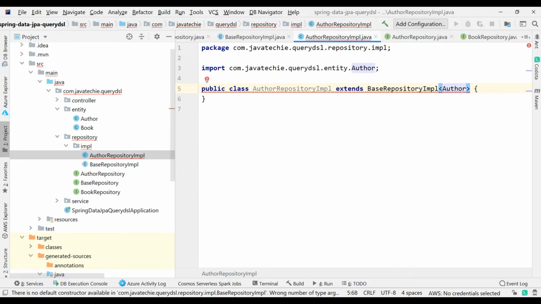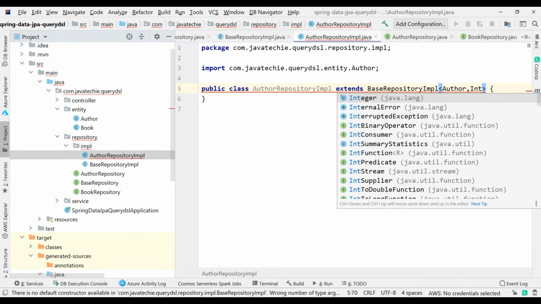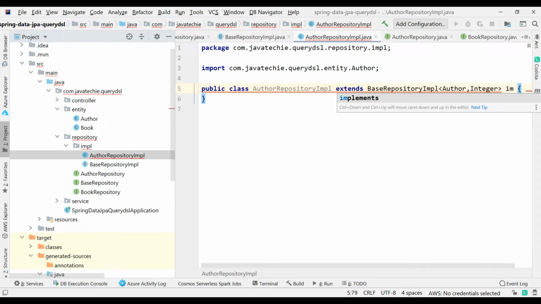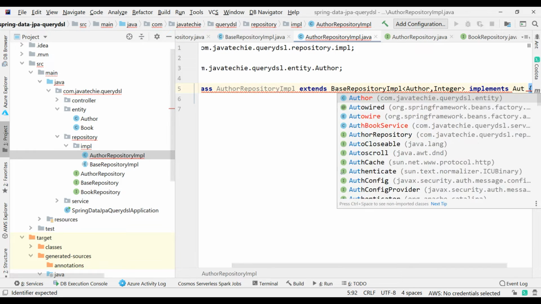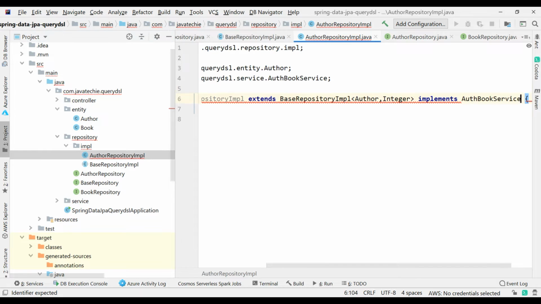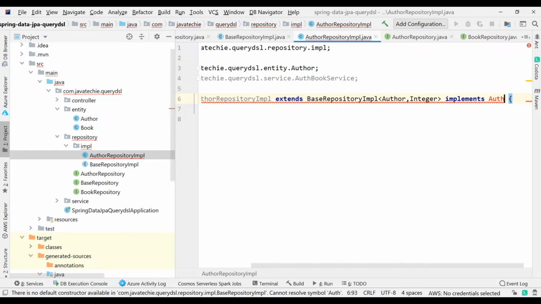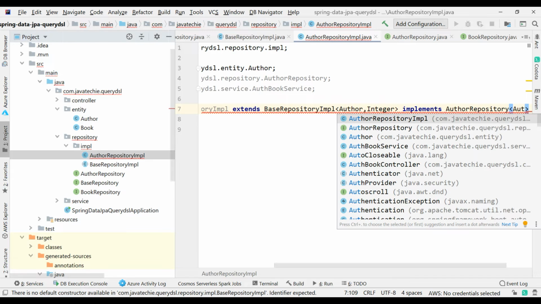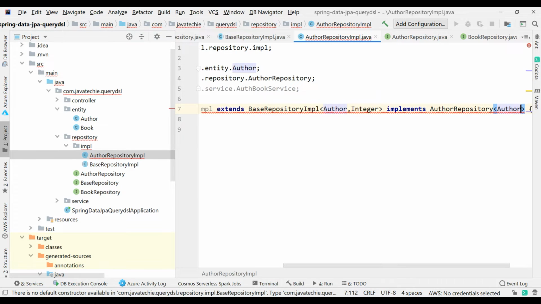So you can provide author and integer. Now you need to implement it from your actual repository, which is author repository. Okay, not this. Correct. So you need to pass here author, integer.